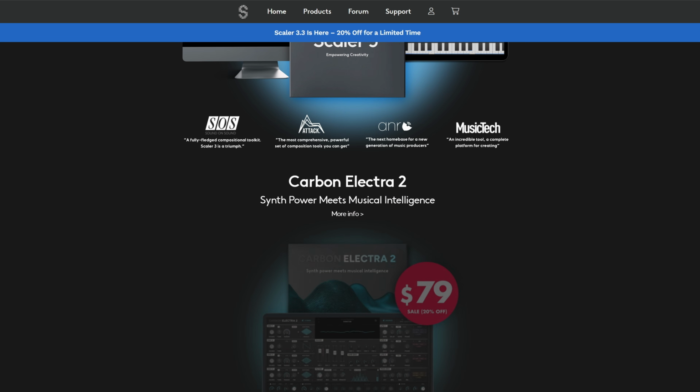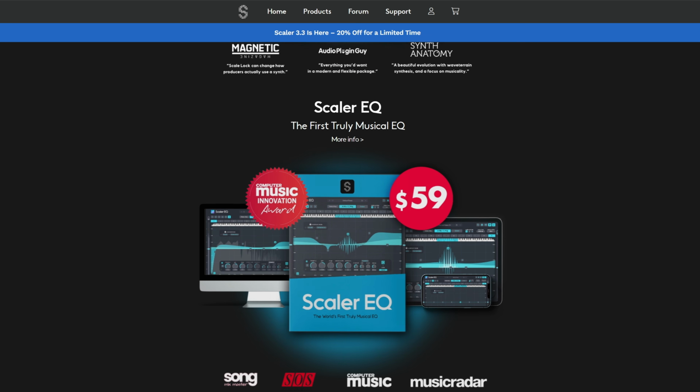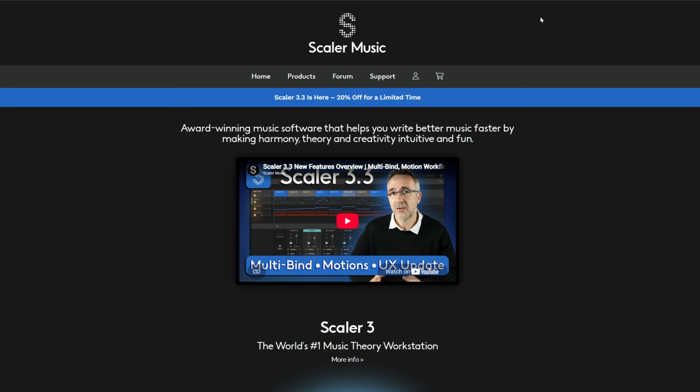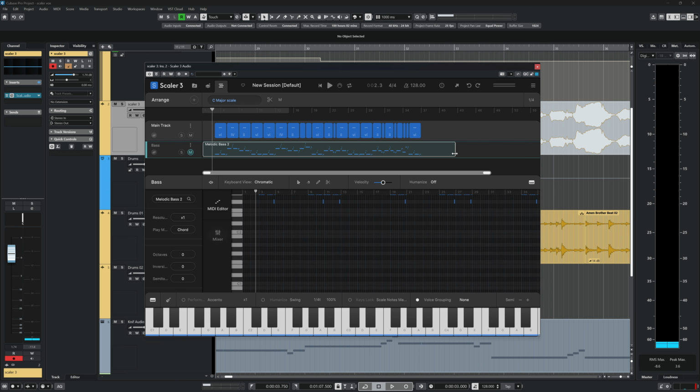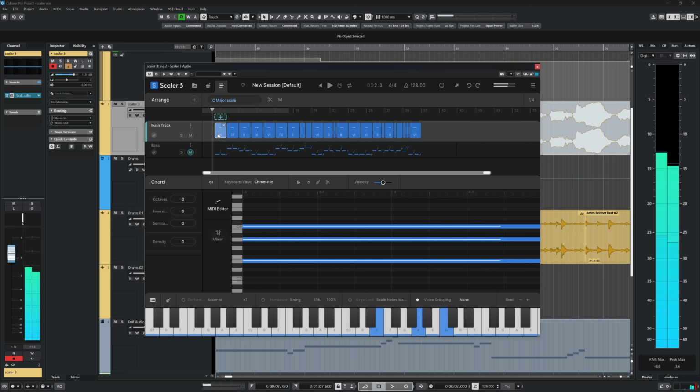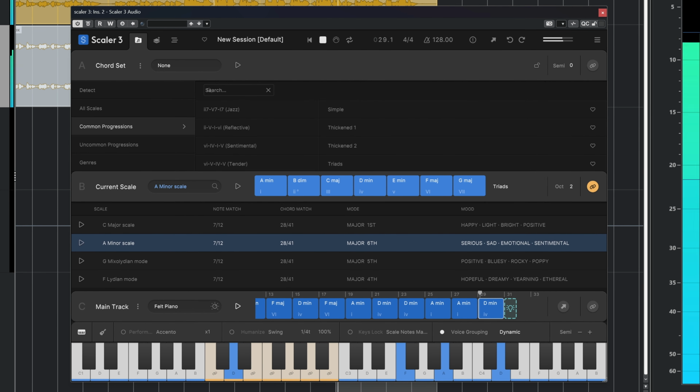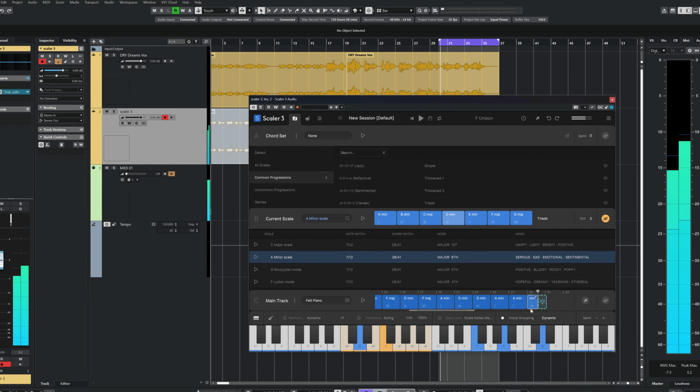Often when I have a new musical idea, it takes me a long time to come up with a cool arrangement and backing. Now, when Scalar reached out to me to check out the latest Scalar 3.3 version, it quickly became clear to me how useful this tool is to create a musical cool arrangement while you stay in control and can get creative. In this video I will show you how I would create a backing track with Scalar,